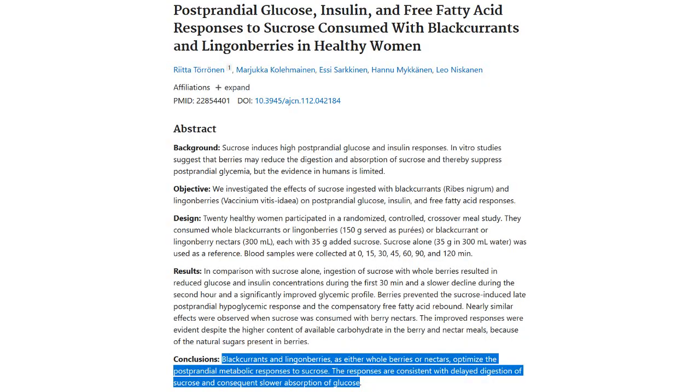This seems to not be true for all fruits. Berries, for example, tend to be so rich in certain phytonutrients that slow down sugar absorption that you can even blend them up or use them as a juice. But it is reasonable to assume that most fruits will rather have an increase in their glycemic index when you